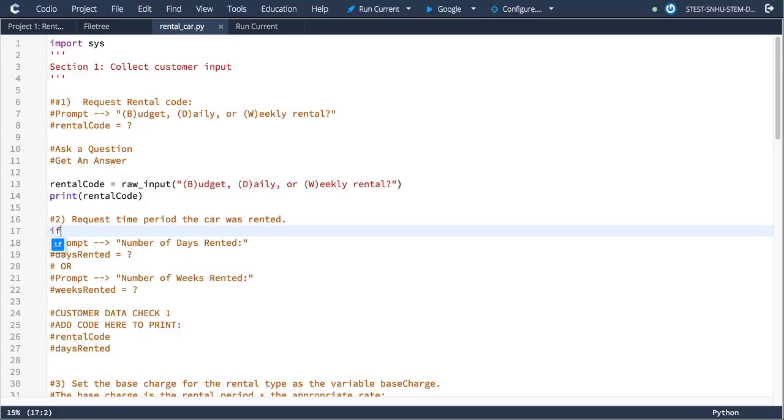So if the first input, which is rental code, is B, or rental code is D,